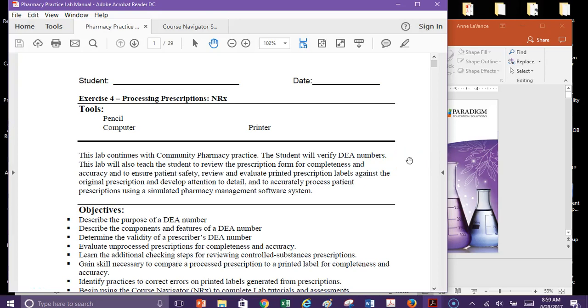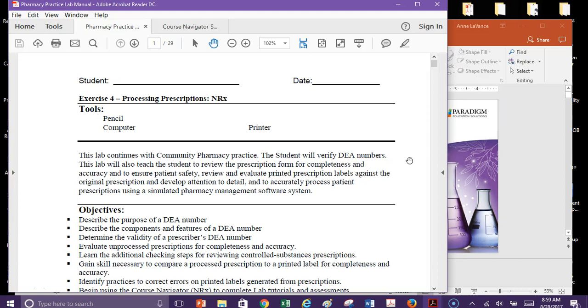This video introduction is to exercise 4, processing prescriptions using NRX. So this lab continues with the community pharmacy practice. The student will verify DEA numbers. This lab will also teach the student to review the prescription form for completeness and accuracy and ensure patient safety,